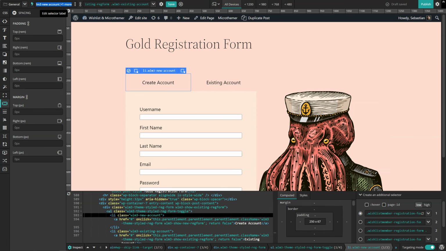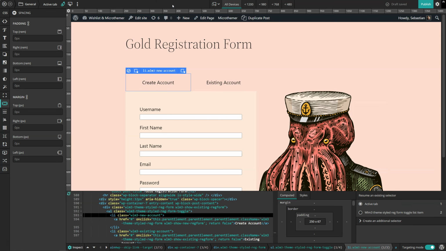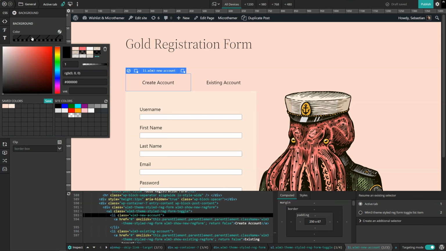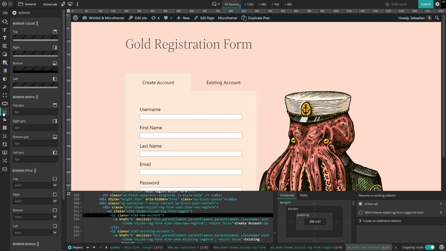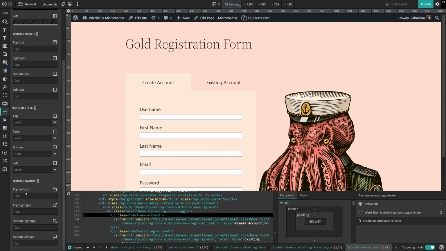So I'm going to label this just active tab, div tab, save it, and then set the same background color here. So let's see, background color, and I believe it was, so I've got the saved colors here, so it's this one here. And then I'll just remove this so I can see what I'm doing a bit more clearly, and then set the top